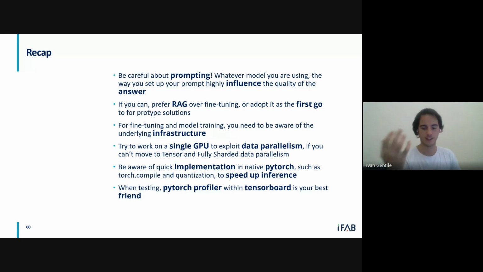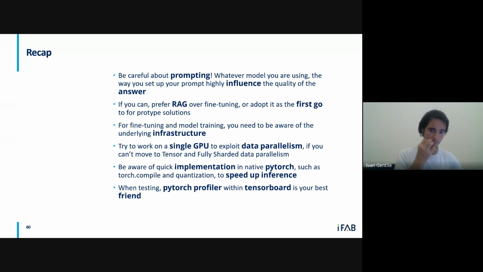For most cases, I think there are models that are not that big that will fit into maybe a single GPU. Then exploit data parallelism, because it's not too difficult to implement and you get quite good optimization results with it. If you cannot do that, then you need to switch to tensor parallelism, maybe pipeline parallelism.